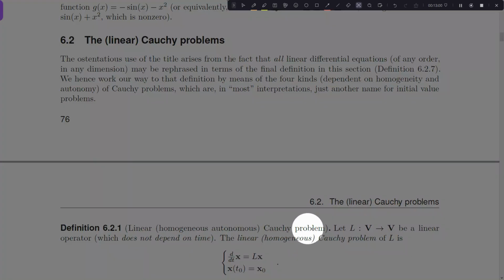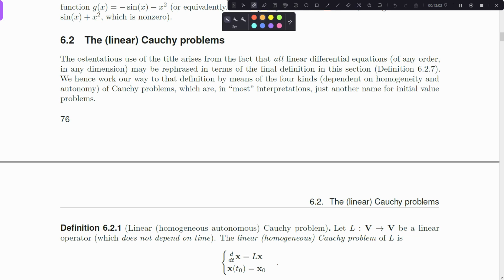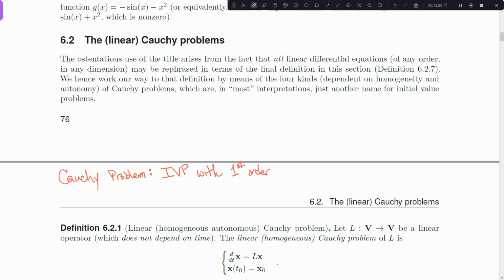A Cauchy problem, in many ways, is an initial value problem. Let's say it like this: a Cauchy problem is an initial value problem with only a first order ODE. So you can't increase your order to, like, a 10th order initial value problem, which those exist, right? We've encountered those already. But the Cauchy problem is an initial value problem strictly with a first order ODE, and